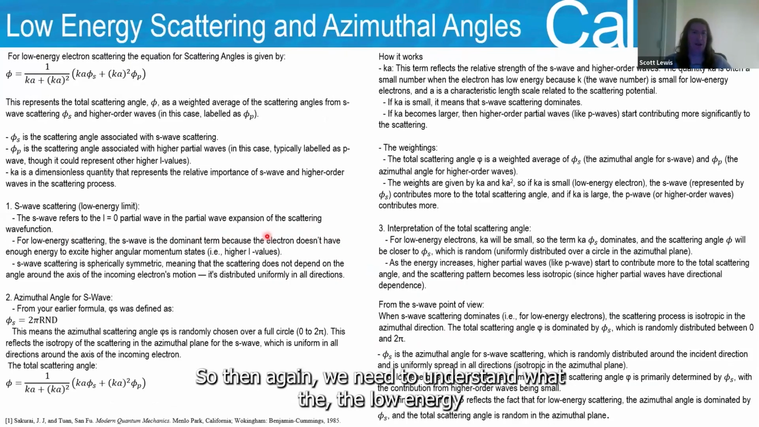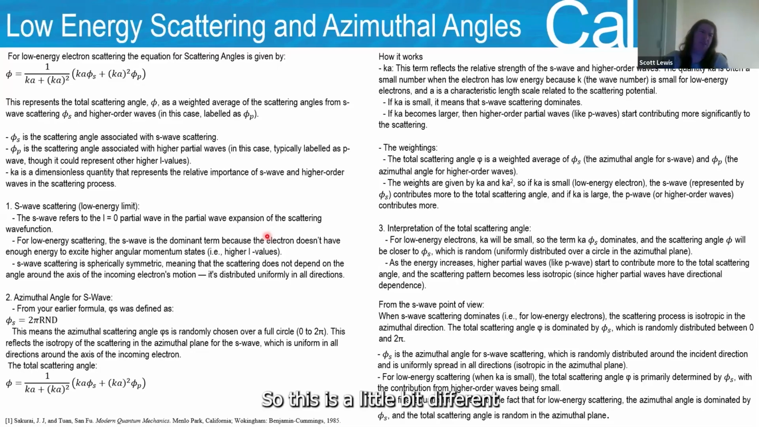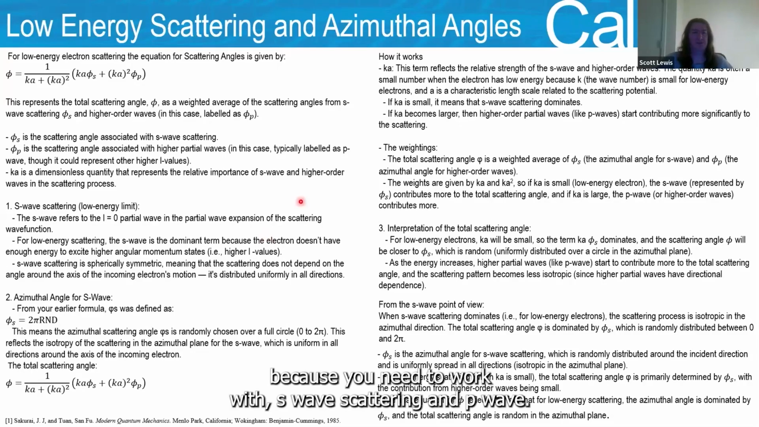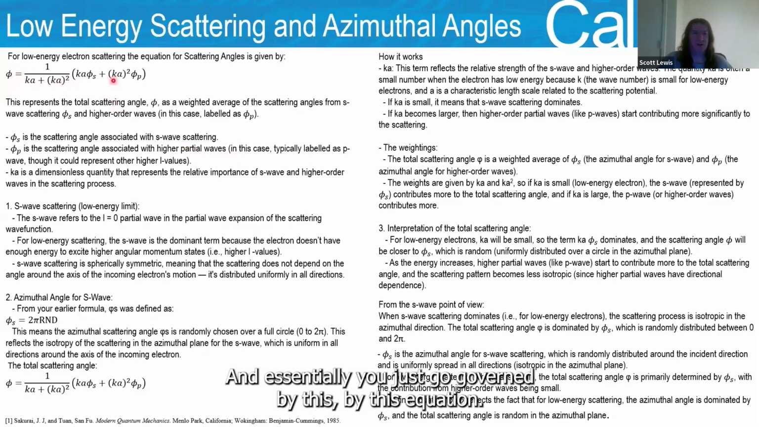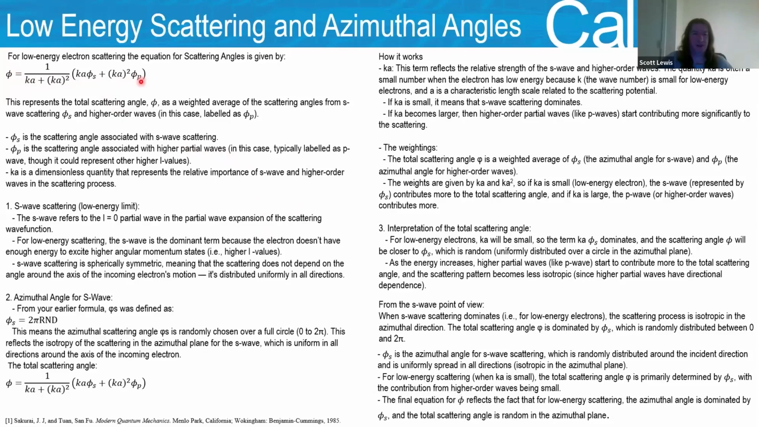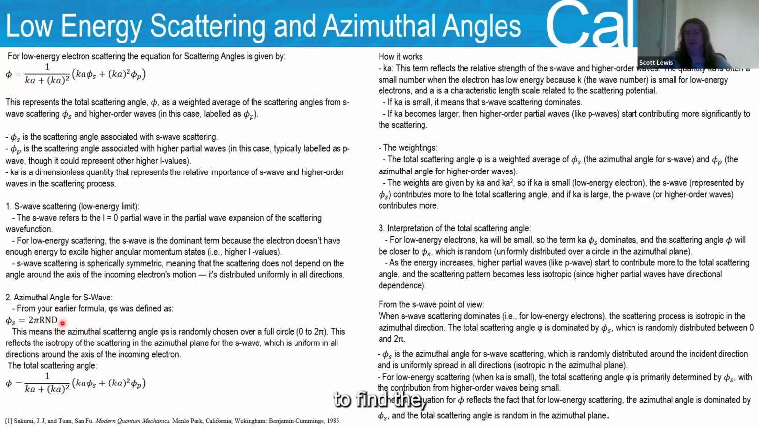All right. So then again, we need to understand what the low energy scattering is, and the angles. This is a little bit different because you need to work with S wave scattering and P wave. So there are partial waves, and essentially it's just governed by this equation. And again, the usual suspect is the same. These are the two equations that we need in order to find the